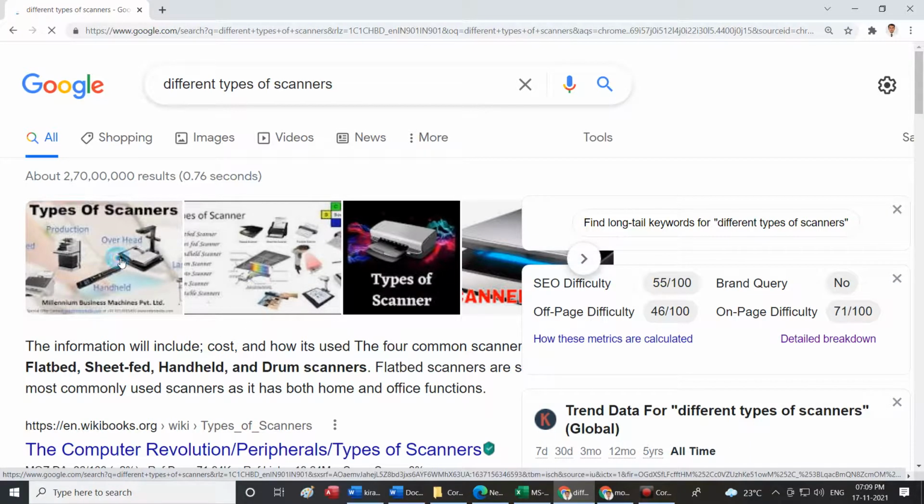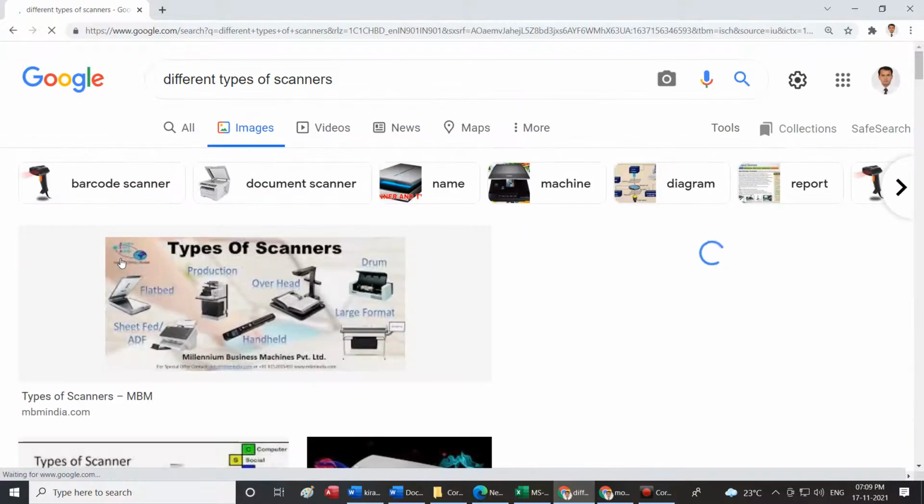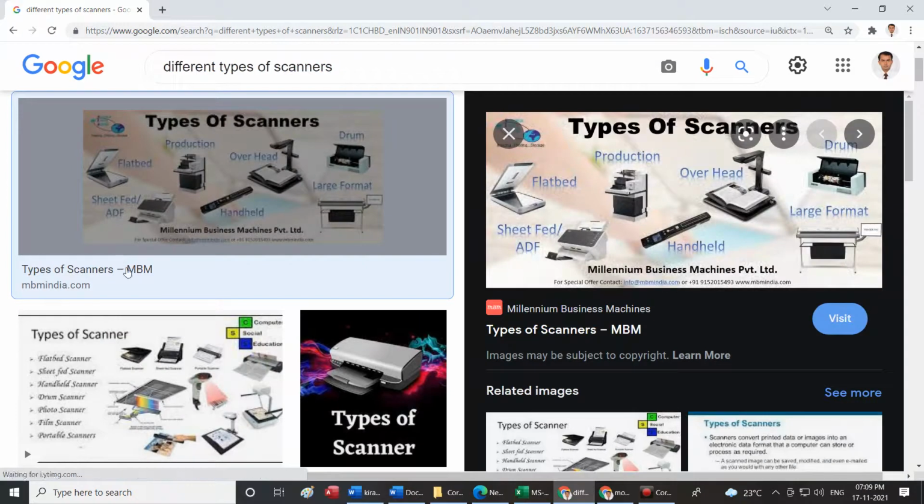You also get overhead scanners, and you also get biometric scanner. You get thermal scanners which will scan the temperature of your body during the COVID time, and you get biometric scanner which is used to scan your biometric information. Like that, you have different types of scanners.